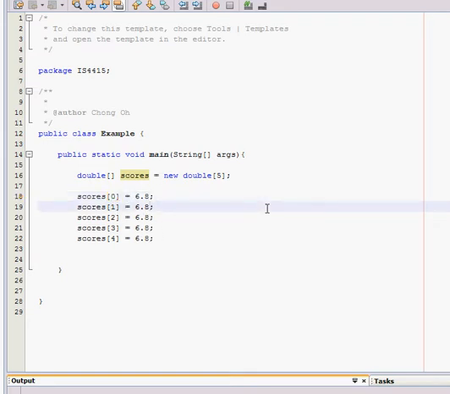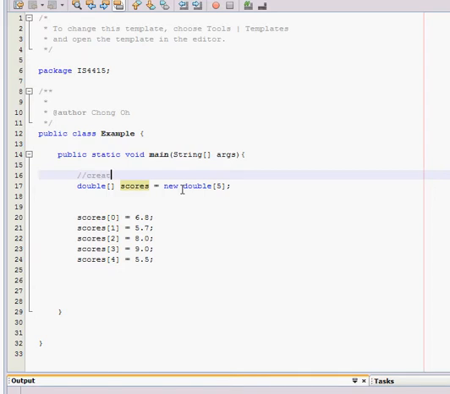So let's put in all these different values for this particular array. This second part is how we populate the array. The first one is creation of the array, the second one is populating the array, and the last one is to access the array. Normally we access the array through a for loop,